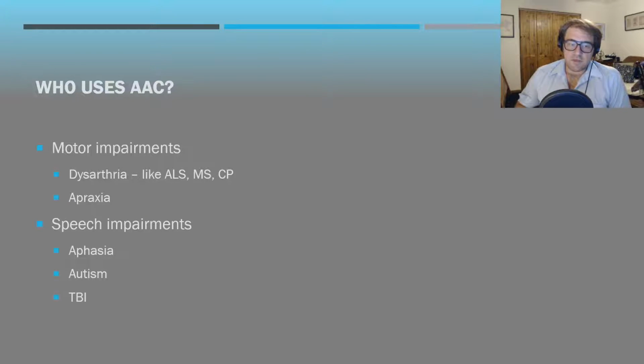People with motor impairments, dysarthria, so things like multiple sclerosis, cerebral palsy, right? So you've got some motor issues. They can affect the speech apparatus. It can also affect other motor behaviors. So if you're just going to text something out on your phone, that might not be as easy. So we have to come up with other methods of communication, ways to get the message out for people like that. Also, apraxia,